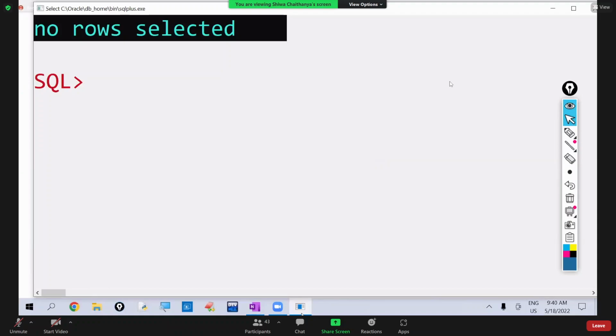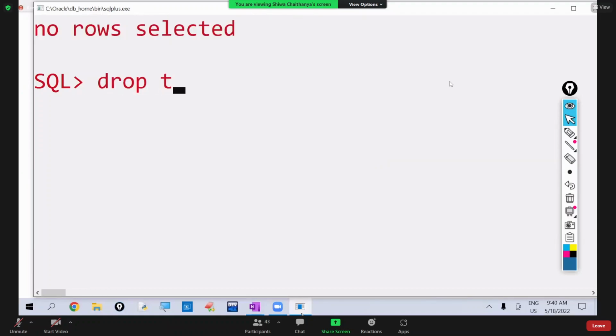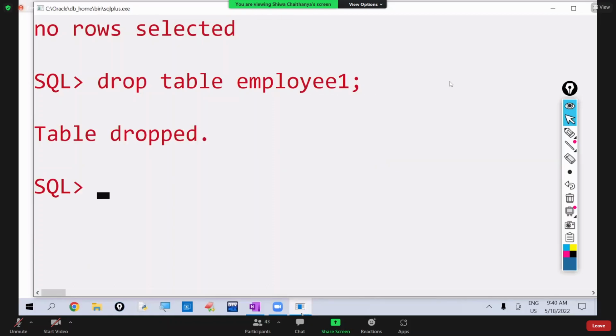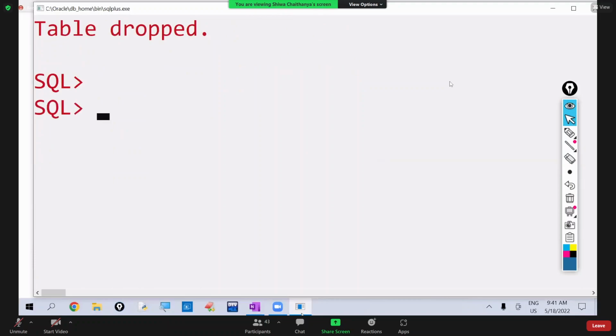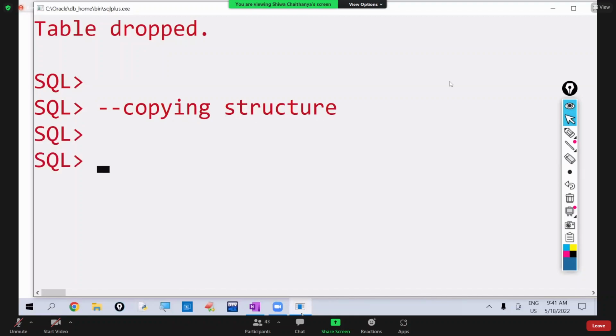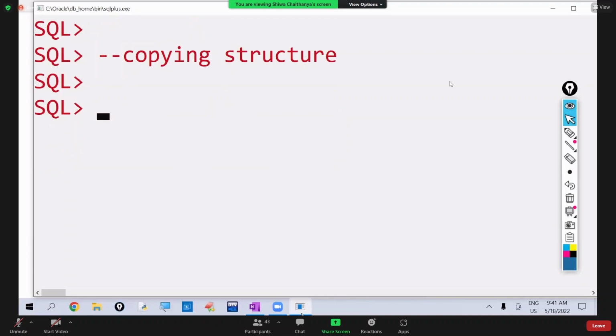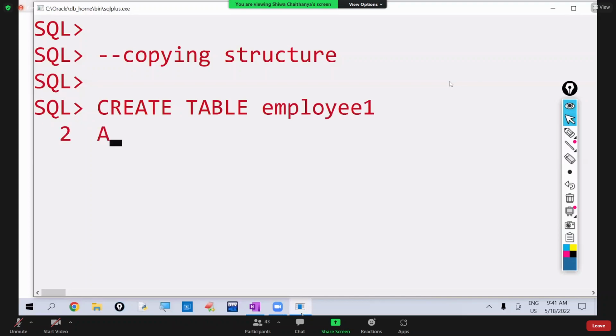Observe. If any table exists with the name employee one, I'm dropping that one. So we want to create one new table, employee one, from the existing table EMP. I want the structure only, I don't want records. We want to copy the EMP table structure to employee one. What do we have to write? Create table employee one as, since we want 4 columns only,